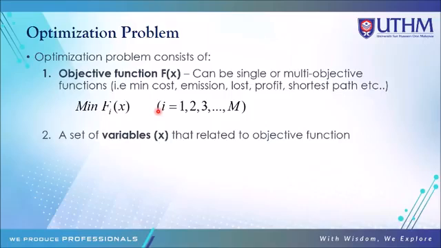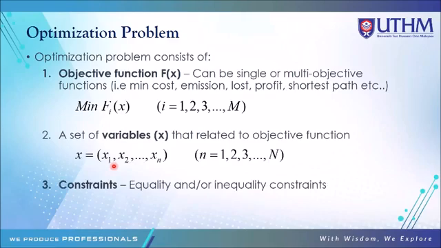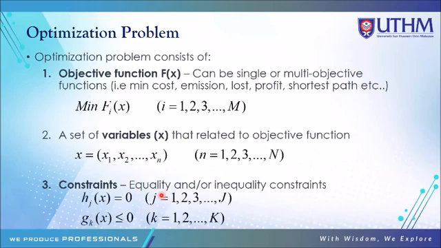Of course, that power output, for example, that variable has its own constraint. So in the optimization problem, we have to clearly understand what our constraint is. Basically, our constraint is related to our variables. For example, we have an equality constraint, or we can have an inequality constraint, or a combination of equality and inequality constraints. This is the general concept of the optimization problem. This is the overview.